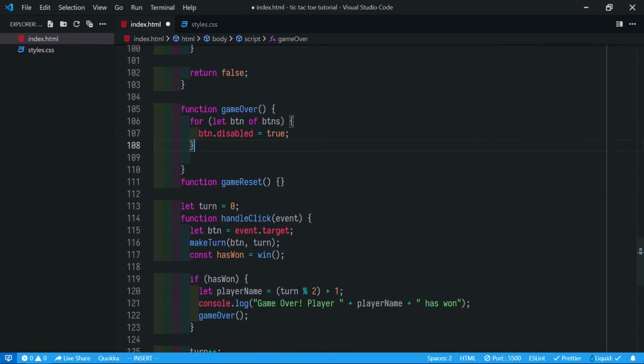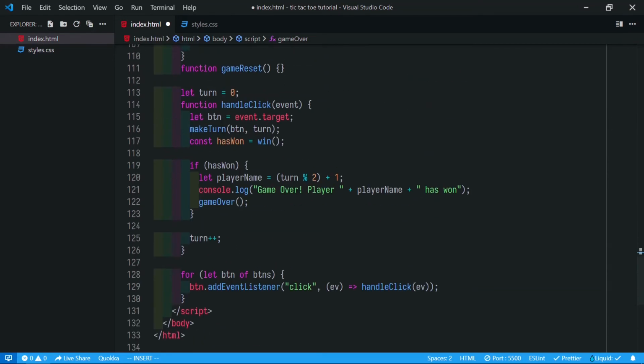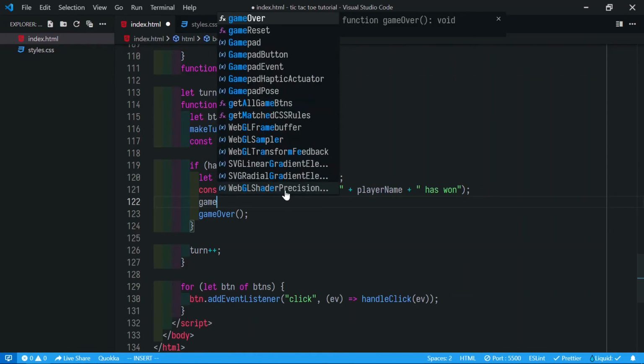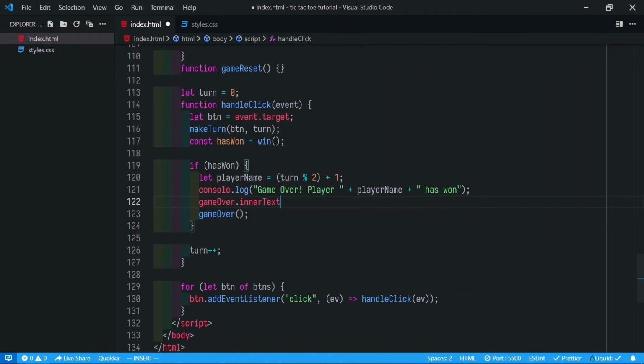Game over. Take this, and we already have a message here, so we just copy it and say game over dot inner text equals this.